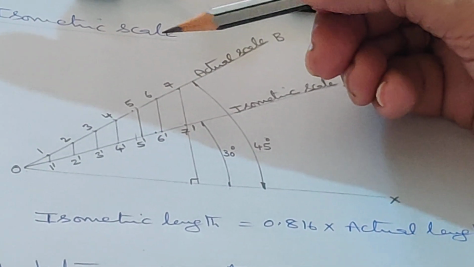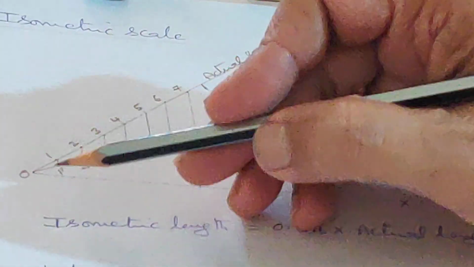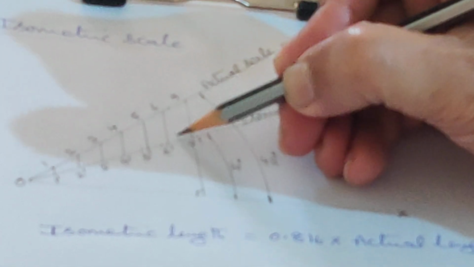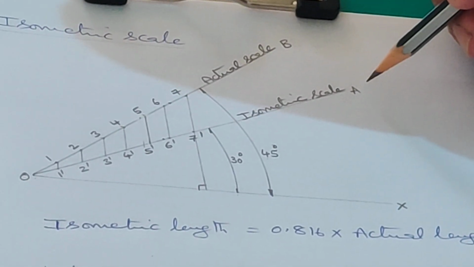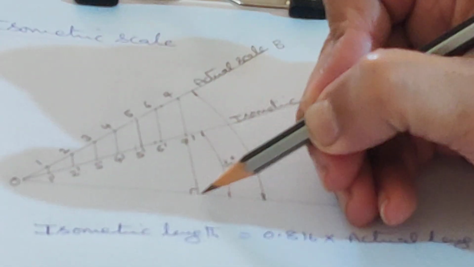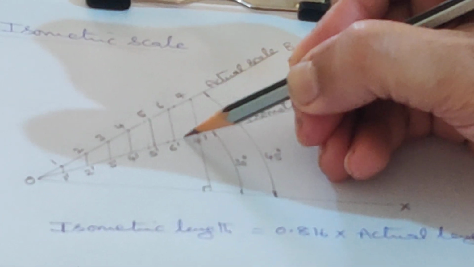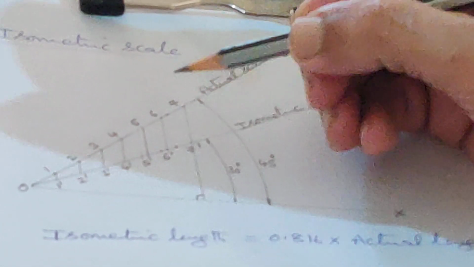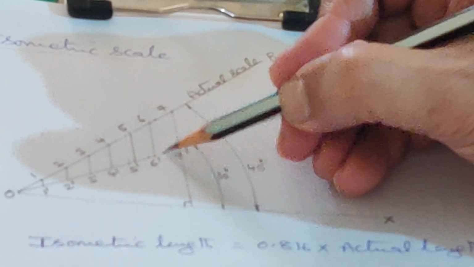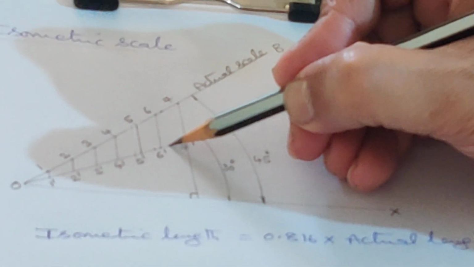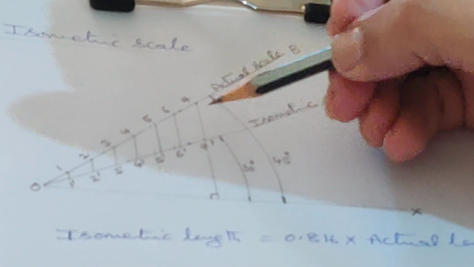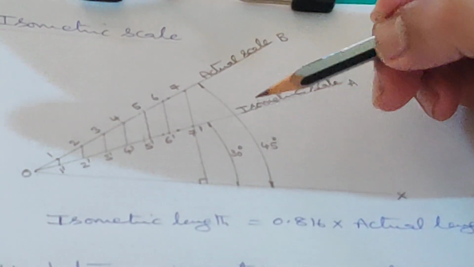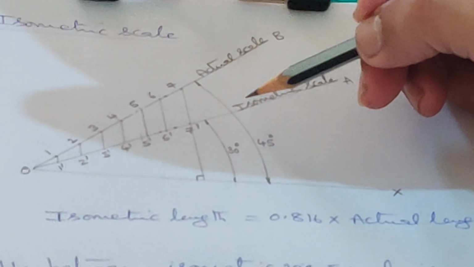Suppose you want the isometric length of say 62 mm. First you will mark 62 mm on the actual scale. From there you drop a perpendicular. This is perpendicular to OX. It's not perpendicular to OA. Please remember that. This angle should be 90. So from 62 you will drop a perpendicular. Then you mark that point there. Then from O to this point will become the isometric length of 62. Shortly we call it ISO 62. Okay. So the isometric scale will help you to find the isometric length of any given length.